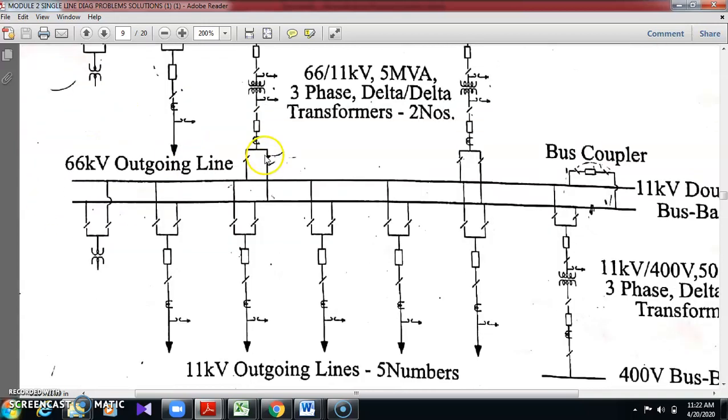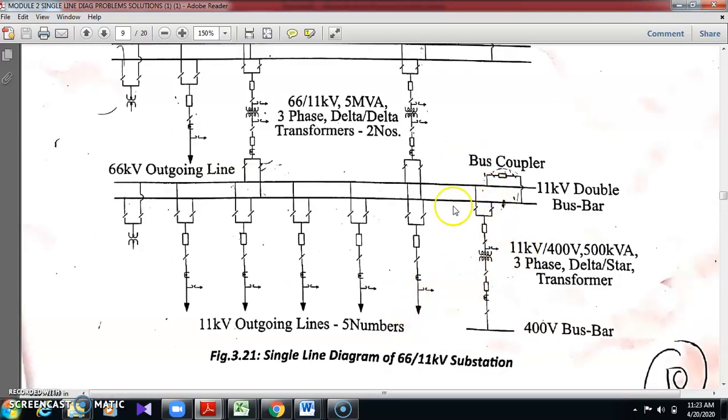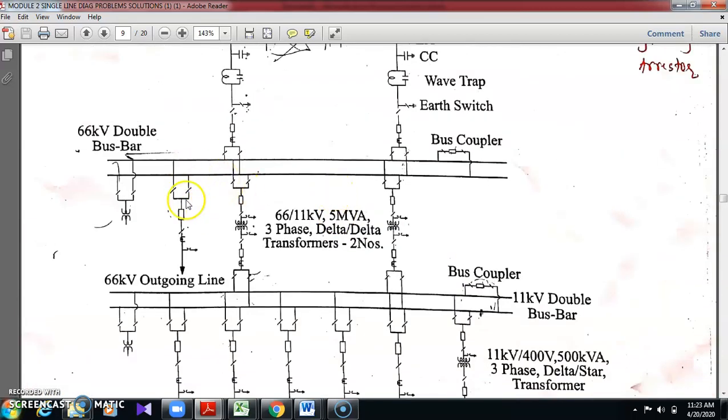Okay, and then from the 11 kV bus bar, how many outgoing lines? 1, 2, 3, 4. Getting 4. And the outgoing line is of high voltage, so provide a lightning arrestor. Okay, and there is an auxiliary transformer they have given on the 66 kV bus bar. Provide an auxiliary transformer, that is 11 kV to 400 volt, step down. One extra thing they told, 1 incoming from the 66 kV, 1 outgoing line you have to take, just provide this isolator double, and for the outgoing line, isolator, circuit breaker, isolator, the line you have to take. From this 1 line we can use for further purpose.